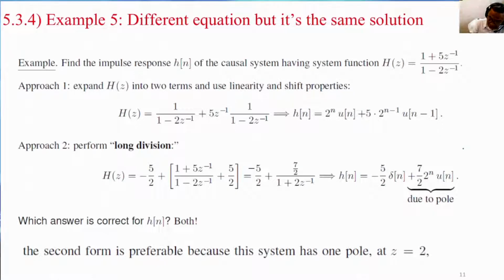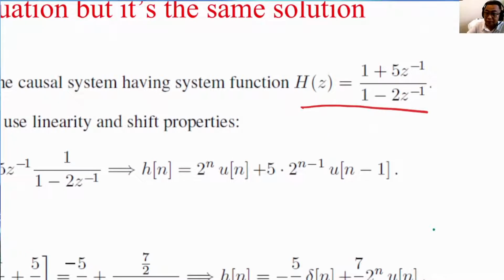This is example 5. We are again given an H of z that looks like this, and we are asked to find h of n. So this is the typical problem. The first thing you will notice is that this is an improper rational function. One way we can solve the problem easily is to express this as 1 over 1 minus